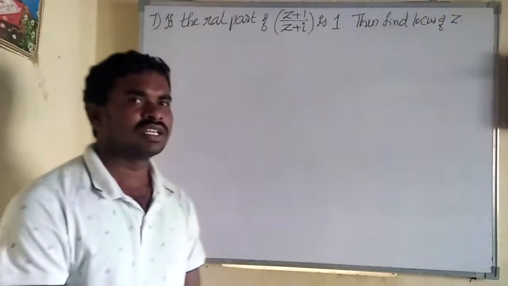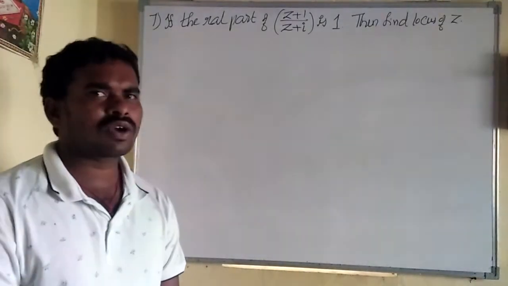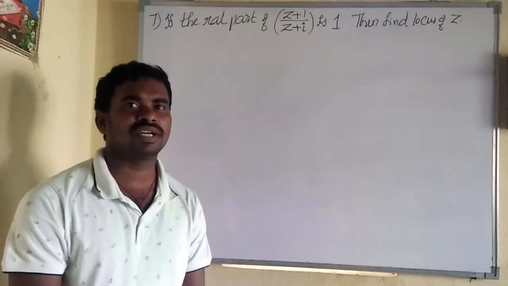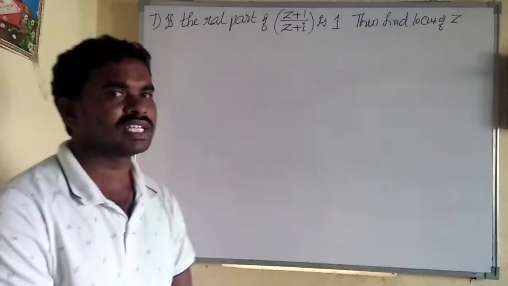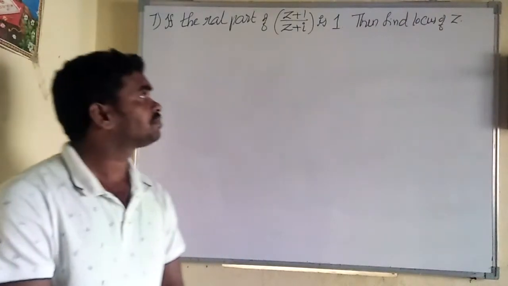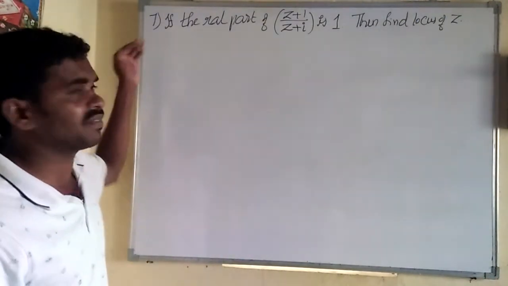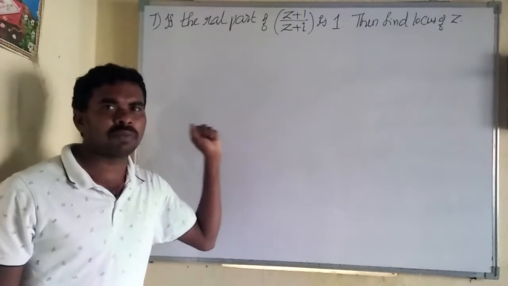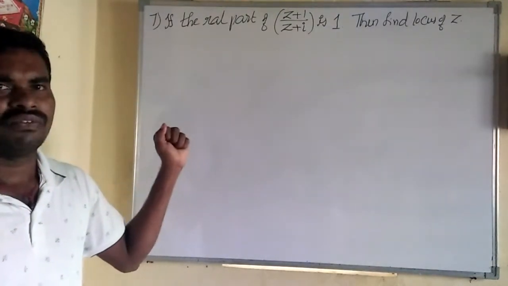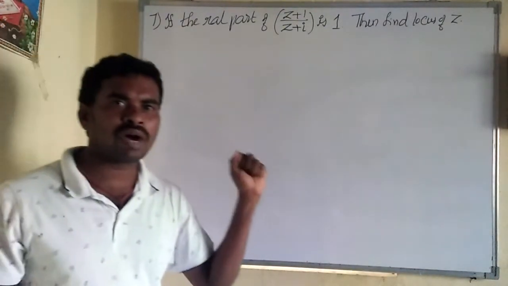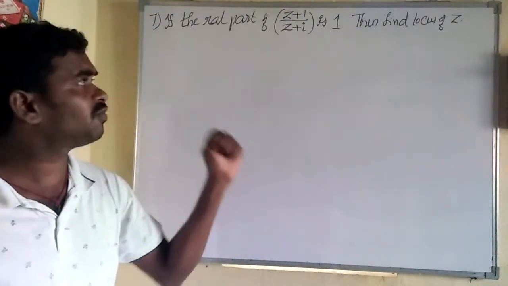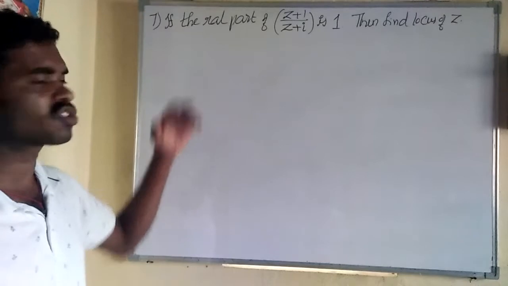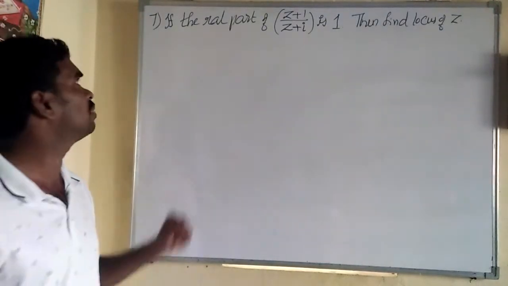Today in this class, second year complex numbers, first chapter complex numbers, 4 marks questions we are going to discuss. In this part 5, we can start from the 7th question. In parts 1, 2 and 3, we discussed 2 marks, very short questions, and the introduction. And in part 4, we started 4 marks questions. So questions 1 to 6 are completed.